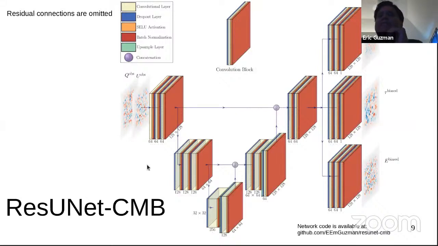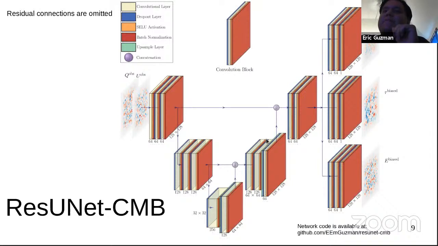And so this is the ResUnet CMB network. The convolution block is defined here. The network is made up of multiple convolution blocks with multiple different layers. But the basic idea is the same as the handwriting digit, where we input the Q and U observed maps, and it goes through the network. It learns different abstract representations, what to look for, how to reconstruct kappa, tau, and E.